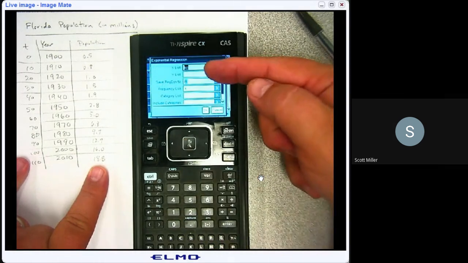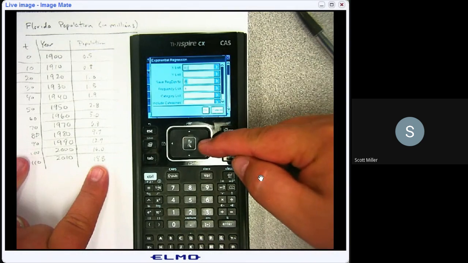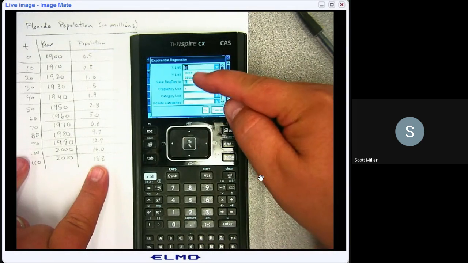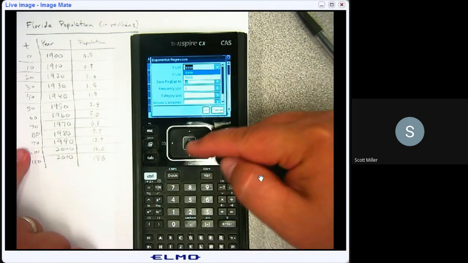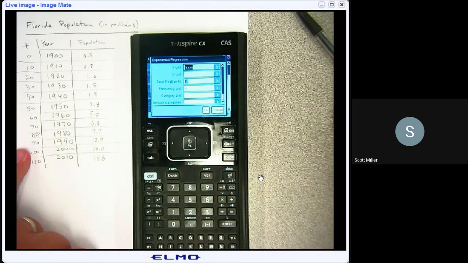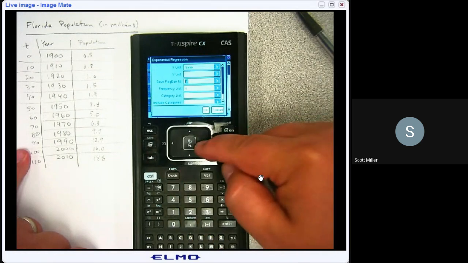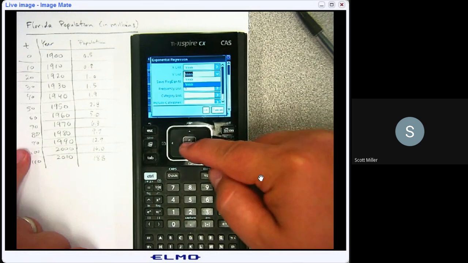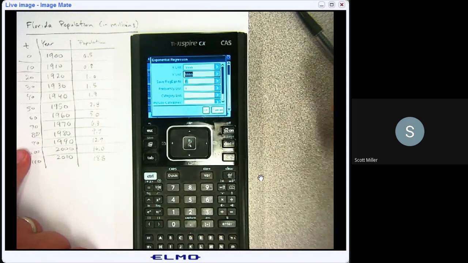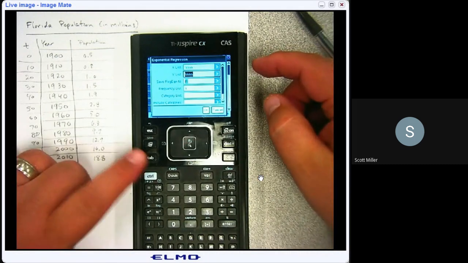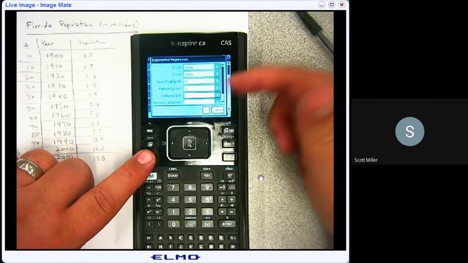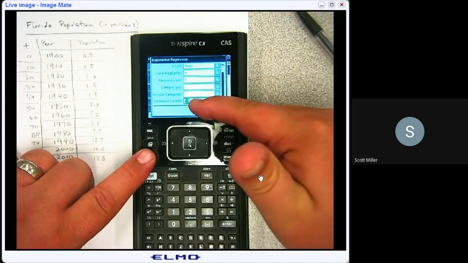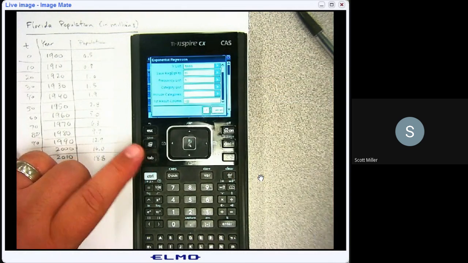And now it's asking me, where are my lists? What's the name of my list? The X list. Use the side arrow here. There's 2 lists that we have, the A list and the B list. My input values, my X list, is my A's. So select the A, and then you can tab to go to the next line, and you're going to select the B's for your Y values. Everything else can just be defaulted as you have it. So you're going to save the regression to F1 in your table. You're only going to do this one time, and it's going to start the first results in column C. And if I hit OK,